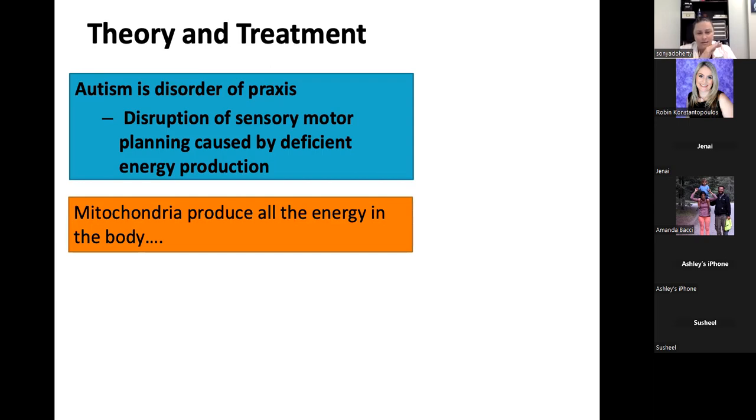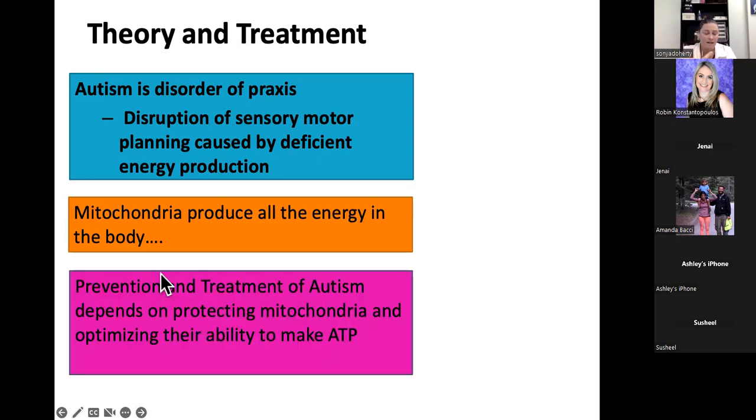and the medical literature in autism is actually quite clear. Mitochondrial impairment is a hallmark of autism, meaning that all children with autism have mitochondrial impairment. They do not produce enough energy to support praxis, to support motor planning, to support movement. So all speech delay is mitochondrial, all visual processing issues with eye contact are mitochondrial. All regression is mitochondrial.